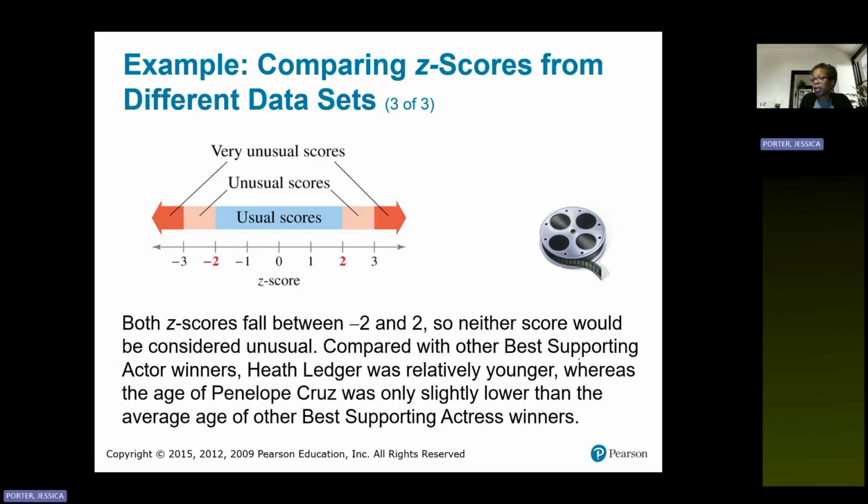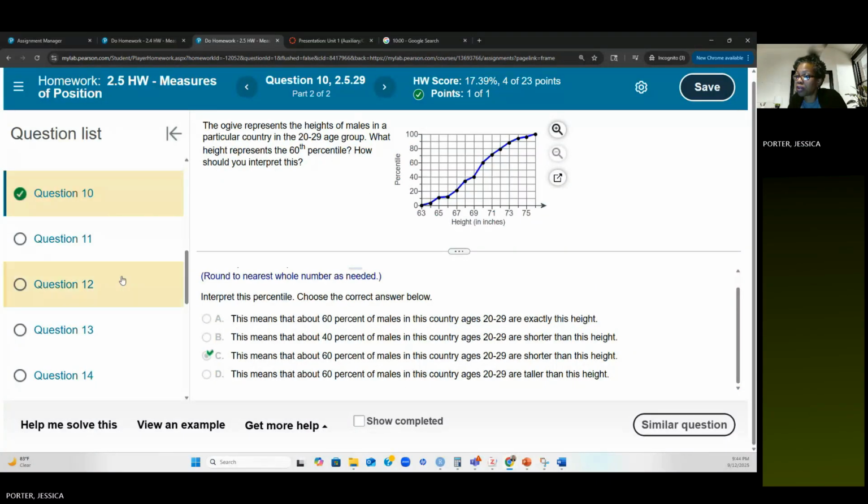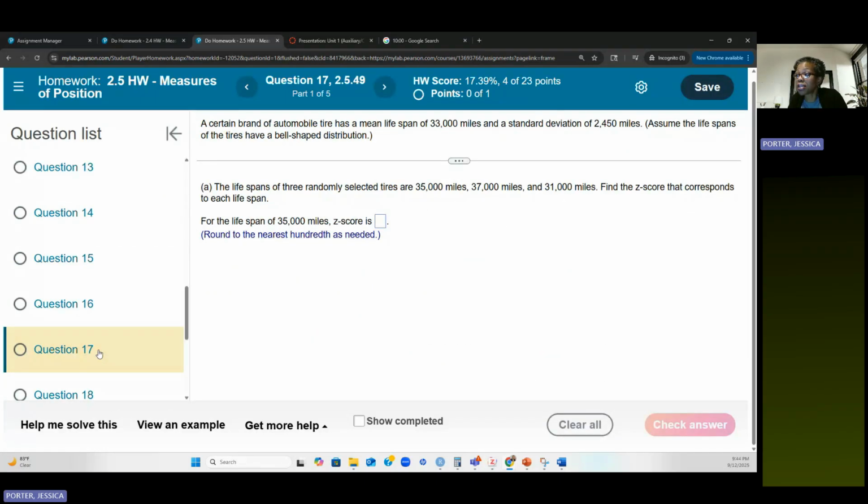Compared with other Best Supporting Actor winners, Heath Ledger was relatively younger, whereas the age of Penelope Cruz was only slightly lower than the average age of Best Supporting Actress winners. And that's how we do that. Let's look at 2.5, question 17. All right, this is a big example. So we might not get through it all,